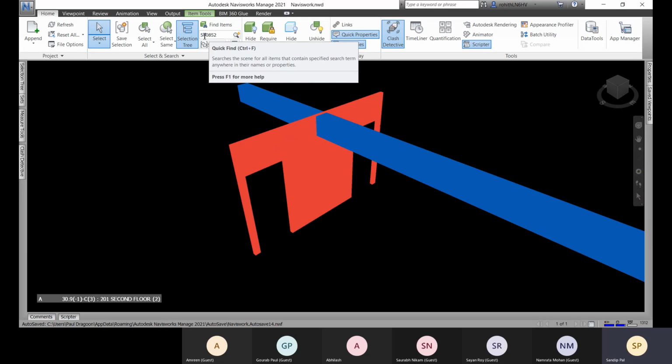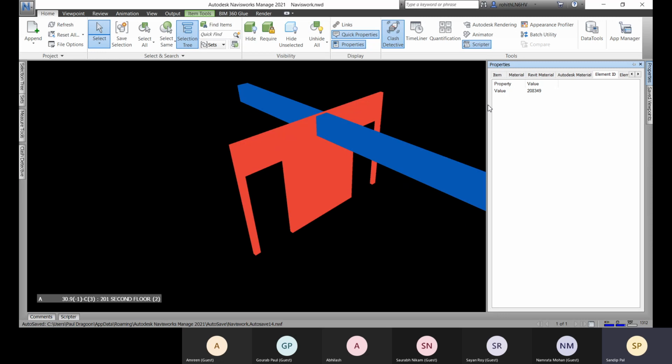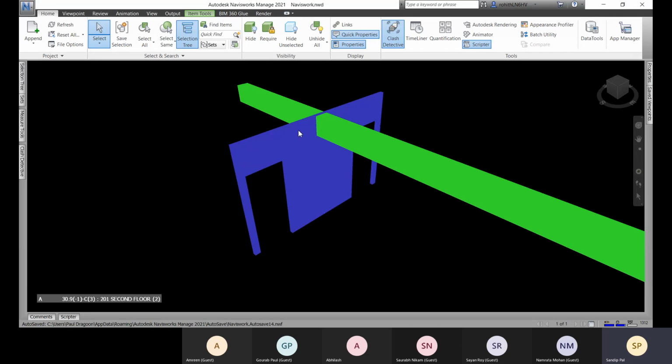And here you can see this is the id, or maybe this is not the id. Come to this properties, and here you can see all the properties about this. And material element id, so this is the element id. You can go to your Revit, and there you have the option to open that. I will show you how you can open in Revit, check your classes, resolve them there, and refresh them again after saving.